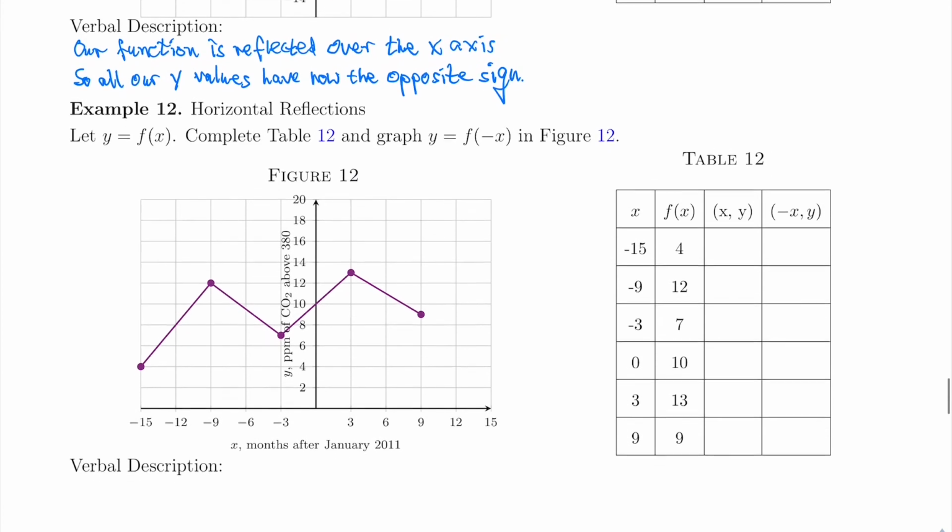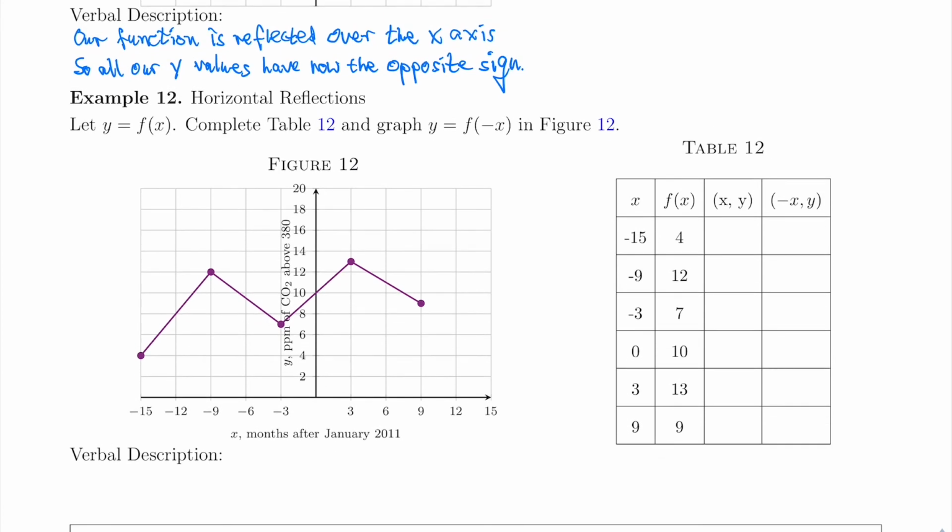Now let's take a look at what happens when we have the negative sign with our x. So we are now investigating what happens when we have f of negative x, and you might already have an idea. Basically our x just becomes negative, and in this case it actually does exactly what it says it will do. And so we can just write out our points and then write them out again, but this